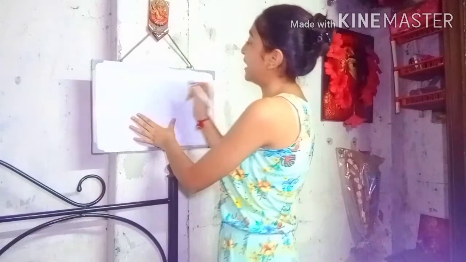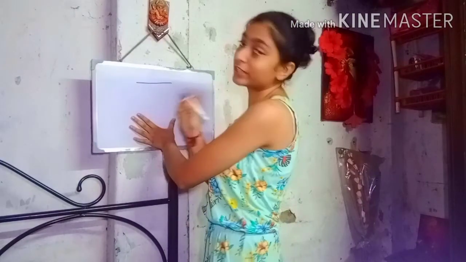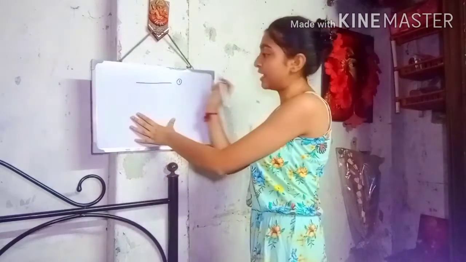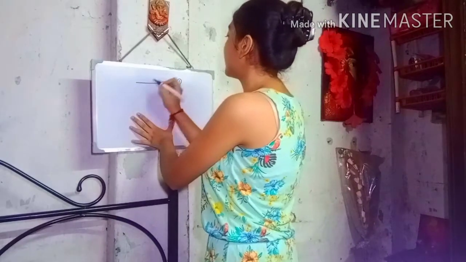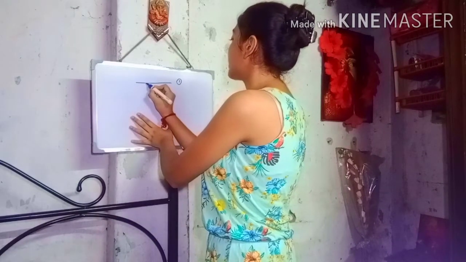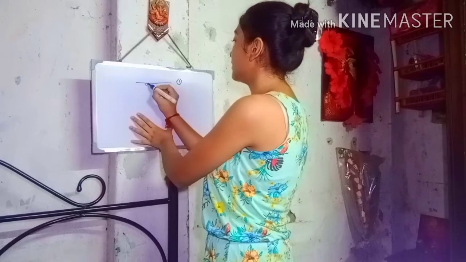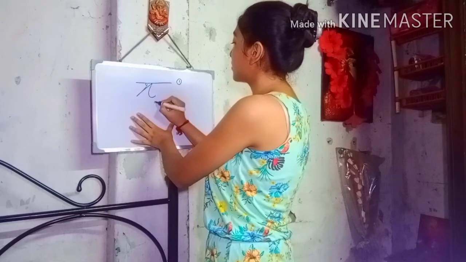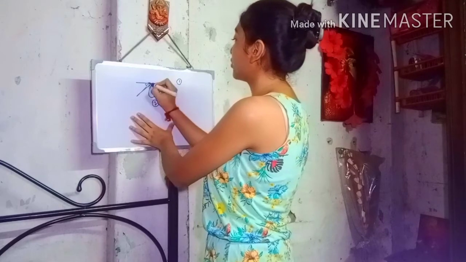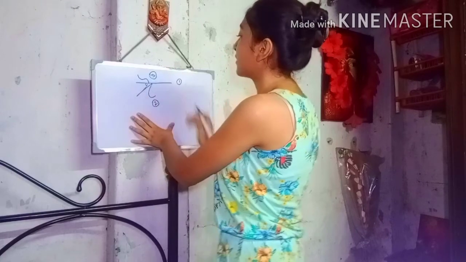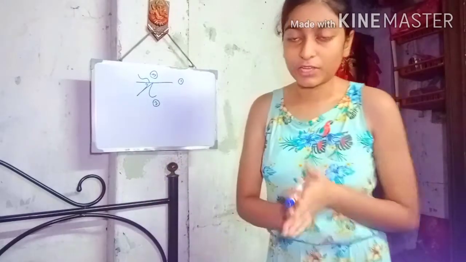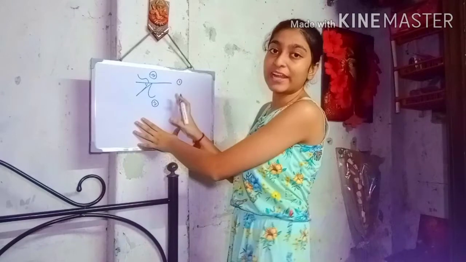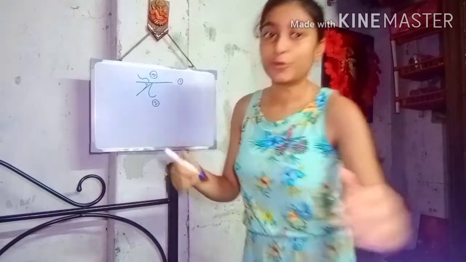As you all know, we have to give this stroke. This is called matra, and this always becomes the first stroke. Then the second stroke is like this: you just have to create one small circle, then like this, then like this. This is called the second stroke. The third stroke is the sticky one. I know it's a very tricky method, but you have to practice it, then you will be able to write Dirghoi.